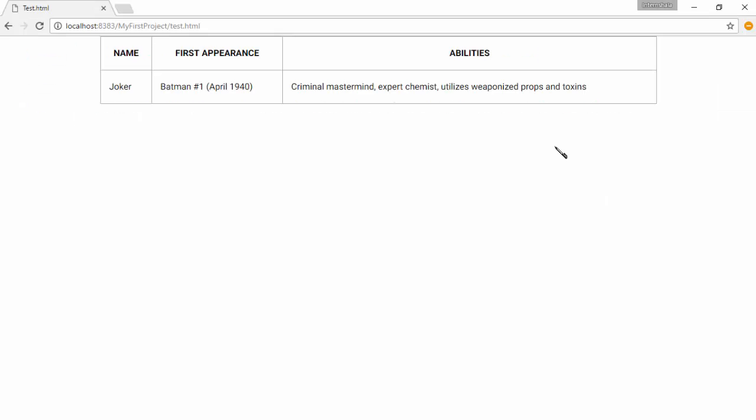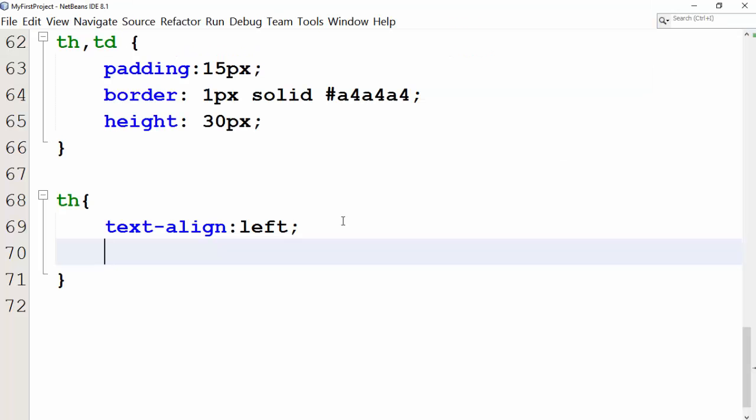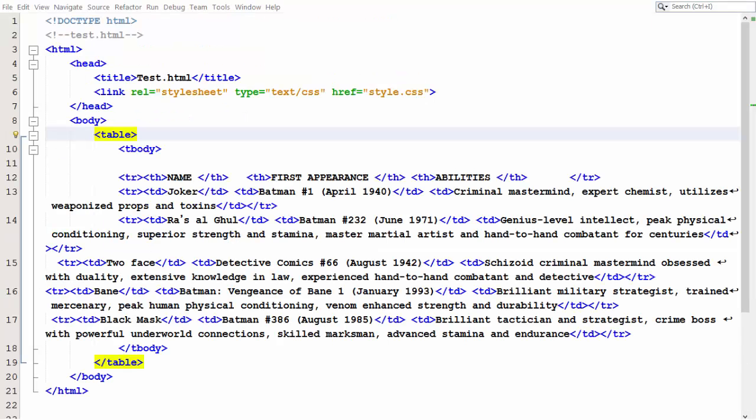How about adding background color to the header row? We will go back to our CSS file and add color to the th selector. You must have observed that we have used a single selector for the th and td elements. In order to have background color only for the th element, we will call the selector separately and would assign the background color property to it. Also, we will add the other table rows and complete our table.